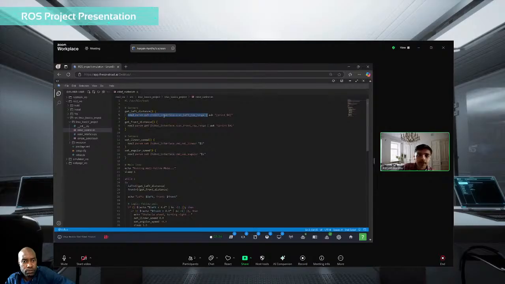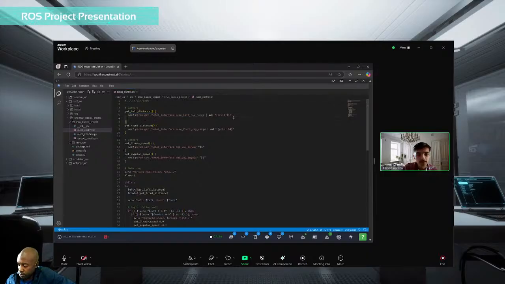With this, we are getting the value of the left distance from the LiDAR, and we have used this because this will give us the output as something like